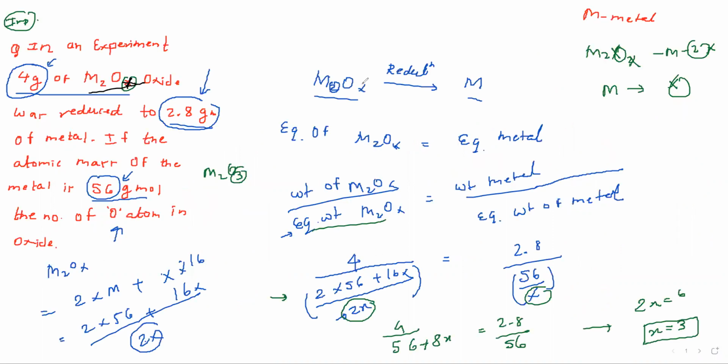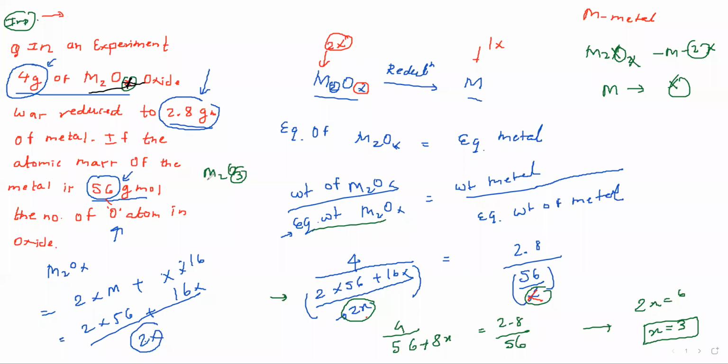So if the oxidation number is there, X, obviously it is related to 56 only. So the molar mass of this whole M2OX upon this 2X, because in this formula it is going to show 2X. And in only M, it is going to show 1X. So that's why here is X and here is 2X. That's why I told you this is a very important question. Now, have you understood?